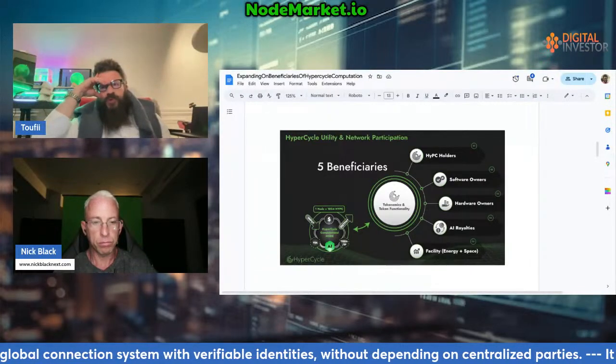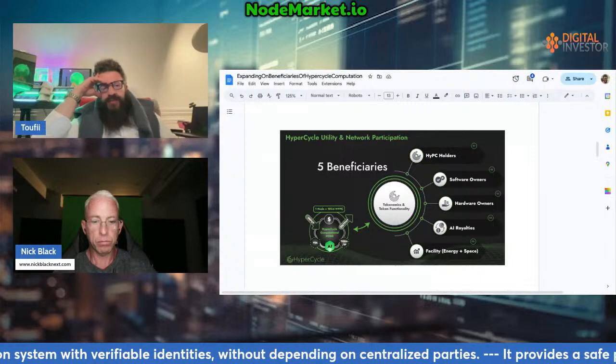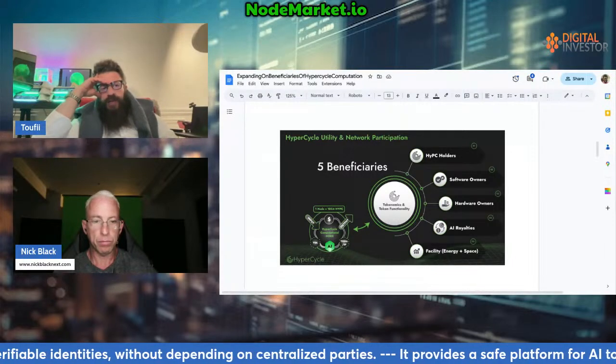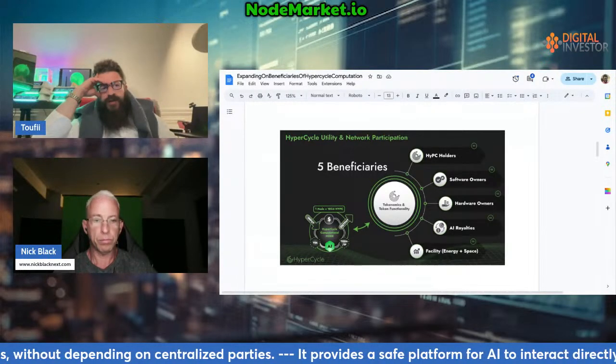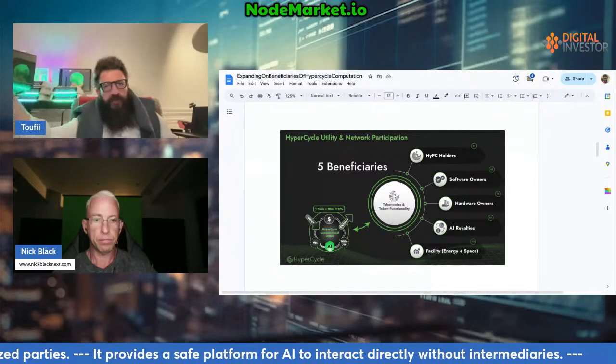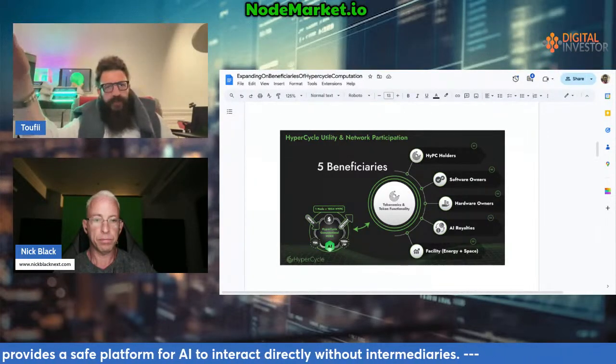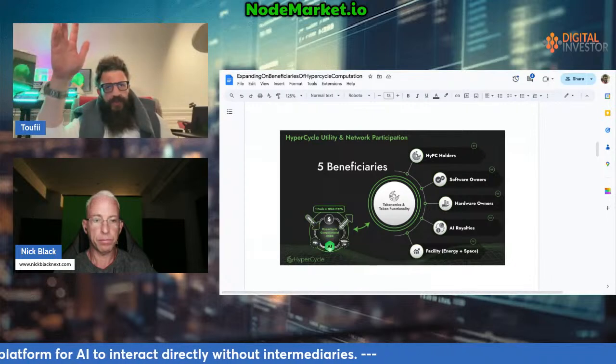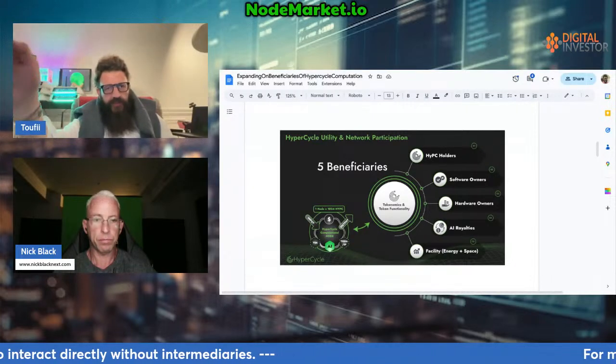So that's the reality of folks that are running AI compute. Chances are, if HyperPG approaches Nick and says, you've got to move, the same thing is going to happen. Nick's going to be like, I don't have the time to talk to you about moving right now. We're not going to move.